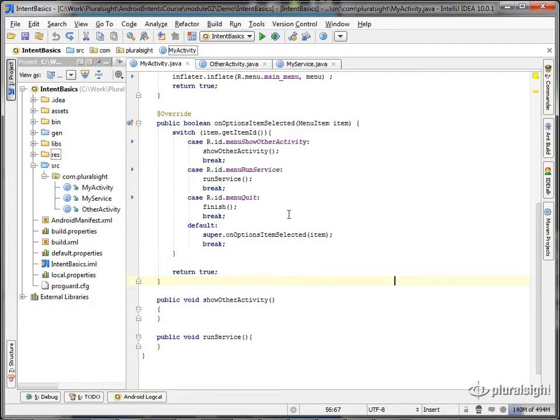Now, in my main activity, I have a few menu options. One of those options runs the service. The other option shows the other activity. So if we want to actually hook these menu options up so they can do things, we'll use intents to do that. Right? So if on my show other activity, if I want to show this other activity class,